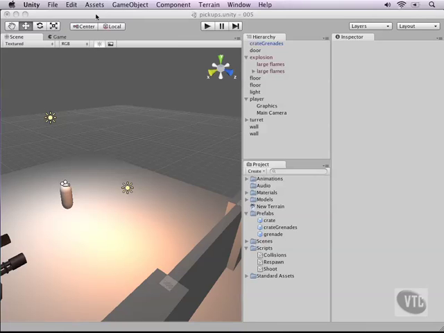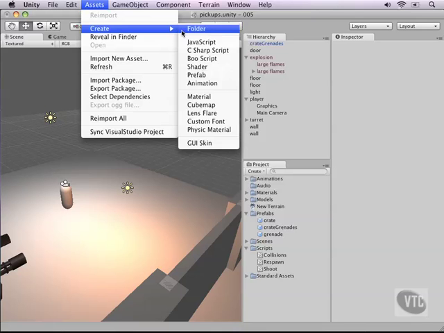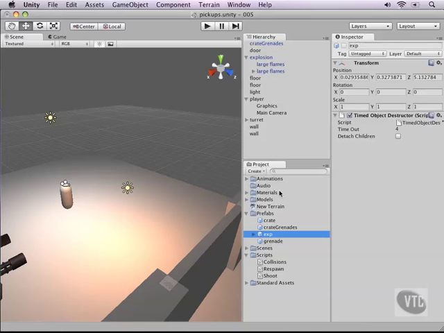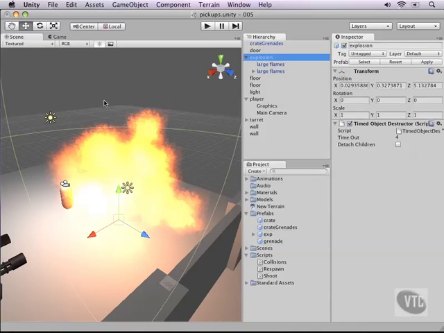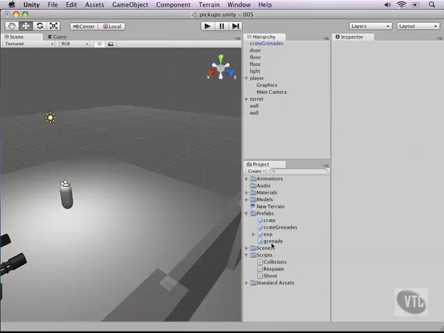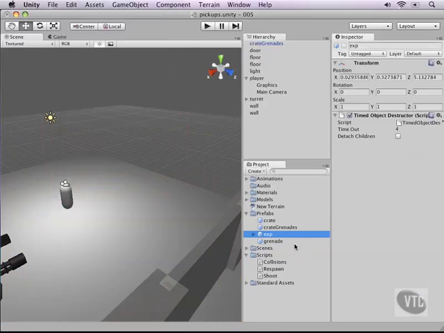So let's go to Assets and then create a prefab. Let's drag this into our prefabs folder, rename it and call it EXP, just short for explosion, and drag our explosion into it. Alright, that will do. Now we can delete the explosion in our world because we've saved it as a prefab,